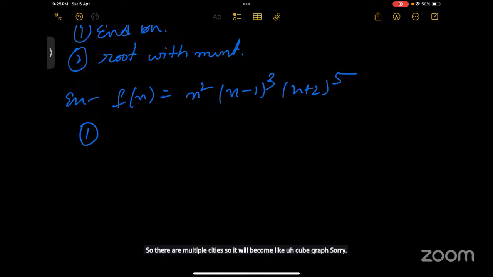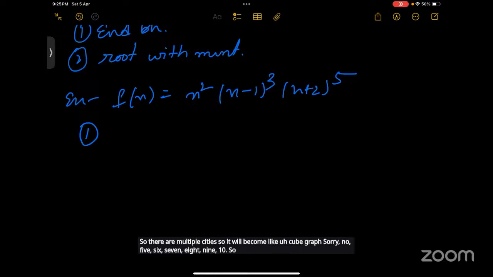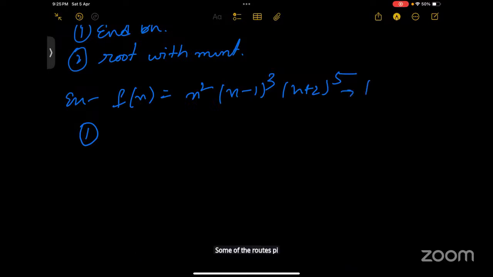5, 6, 7, 8, 9, 10. So it's an even multiplicity, right? Sum of the roots: 5 plus 3 plus 2 is 10. What is the degree? Degree is 10. So if x tends to infinity, then f